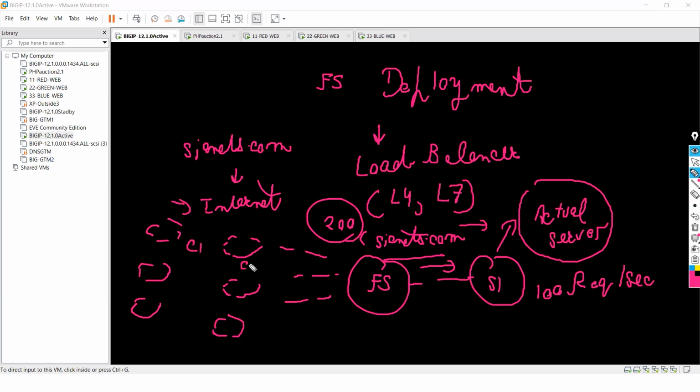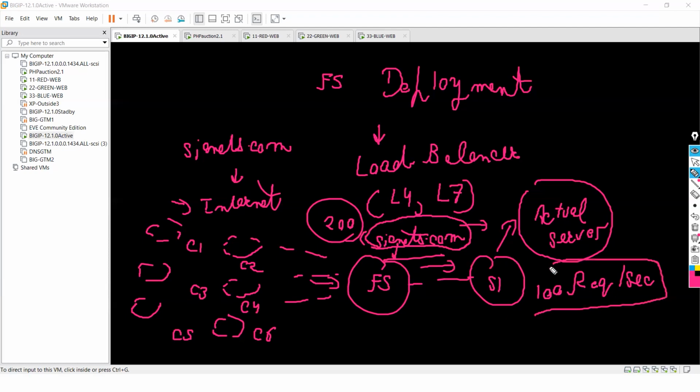Let's say client 1, client 2, client 3, client 4, client 5, client 6, who want to access the application hosted on the load balancer. But this server can handle only 100 requests. What will happen, guys? Anyone? That is where the load balancer role will be crucial. If you understand this scenario, then you will understand why a load balancer is required.